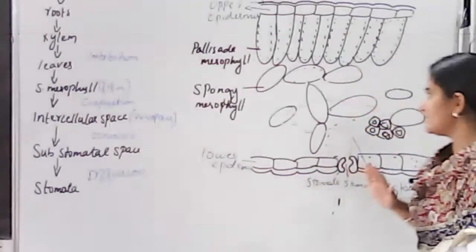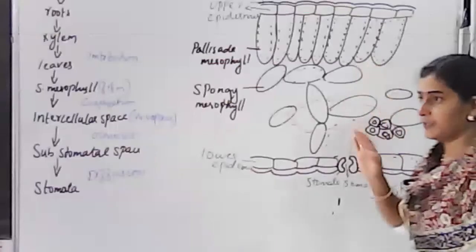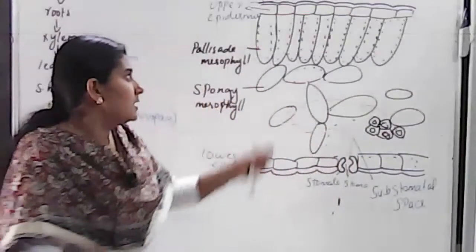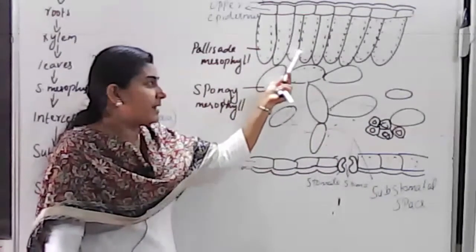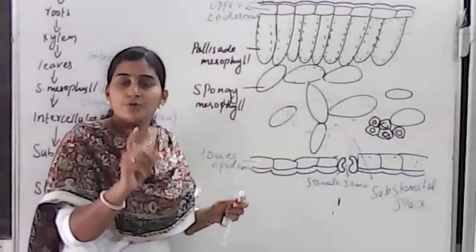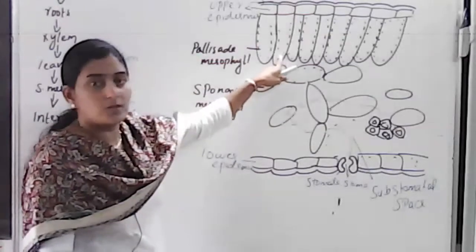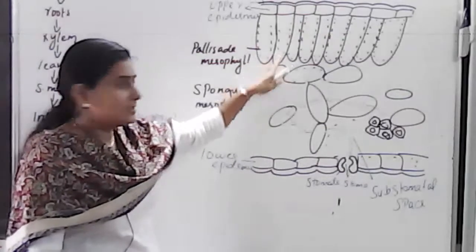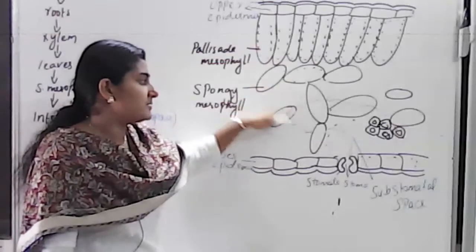Once again, I'll just explain about the structure of the leaf. If you take the anatomy or internal structure of a leaf, you can see these are the full parts of a leaf. The outer part you call the outer epidermis. Then comes a closely packed cell. Sometimes a diagram will be given to you and you will be asked to label the parts. So if you see cells without any intercellular space, that will be palisade mesophyll cells. Just below that we have a free space, and cells with a lot of free space in between.